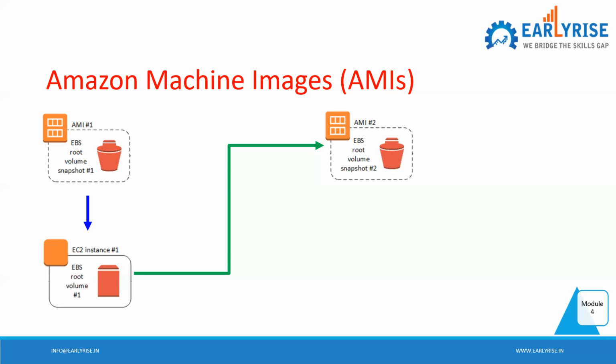The purpose of AMI is different. The purpose of AMI is to rebuild the system, the entire system, right? Now, you can also rebuild the entire system if you have the root volume snapshot, as I explained just some time ago. You can also build your EC2 instance if you have all the volumes, and if you remember the configuration details of your system, you can build it. Got my point?